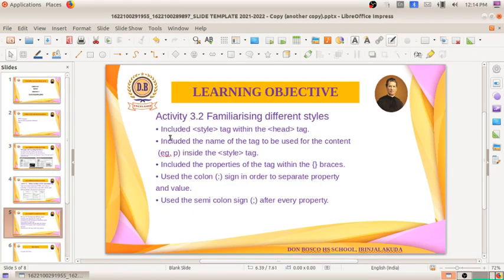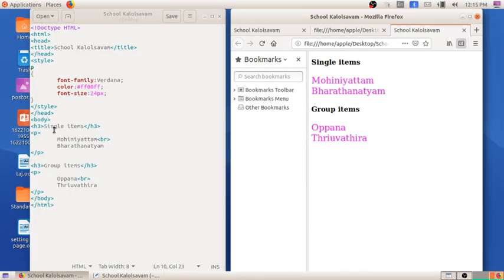And the second one, include the name of the tag to be used for the content inside the style tag. What does that mean? To which content we are applying the style, that name of the content is included inside the style tag. Here you can see for paragraphs, Mohiniyattam, Bharatanatyam and Oppana Thiruvadira, we need the changes.